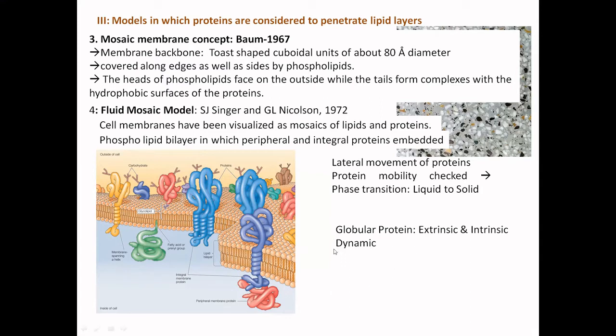Dynamic means they have mobility properties, which provide these dynamic properties along with the lateral movement of the protein. The phospholipid molecules show flip-flop movement. Flip-flop means this can go to this side and this can go to this side. It will not bring any change in the properties of this fluid mosaic model because it is exactly the replica of the other monolayer present on the other side.